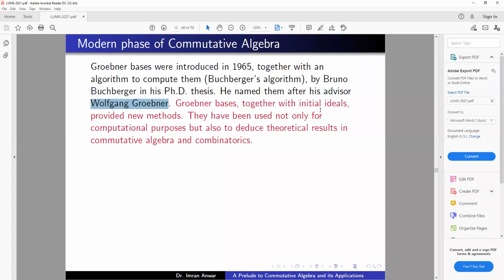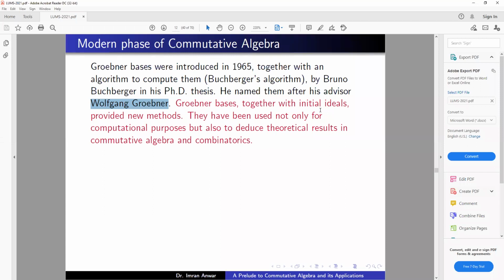Initial ideal, just a quick view: you have a polynomial ring, and in the polynomial ring there are ideals, and ideals are generated by polynomials. So corresponding to every polynomial ideal, you have a K-algebra, which is the quotient ring by that ideal. It has a K-vector space structure. So initial ideals are basically the monomial ideals associated to any arbitrary ideal, but the K-algebras S/I and S/in(I) have the same K-linear algebra structure. So this is a kind of